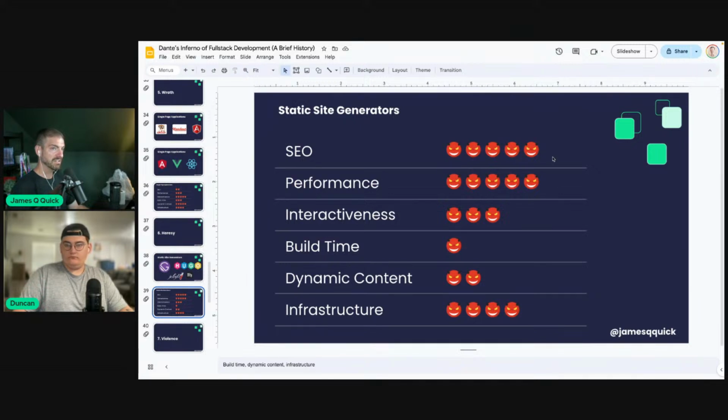Static site generators, SEO was good, performance was good, build time super slow, interactiveness depending on what you did was low. I may actually kind of exaggerate that and make it a little bit lower. Dynamic content, actually I would say this would be like a 1 because that's one of the big downsides, having to rebuild to get content. And then infrastructure was probably a little simpler